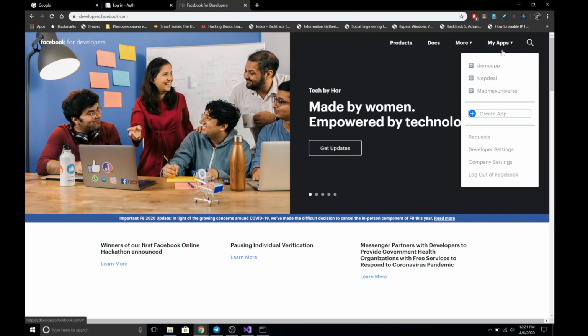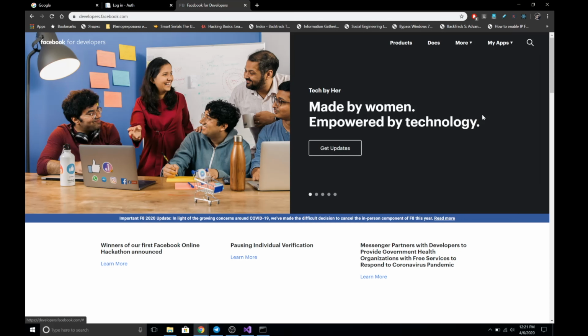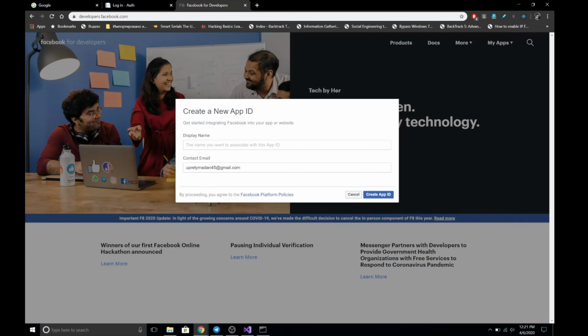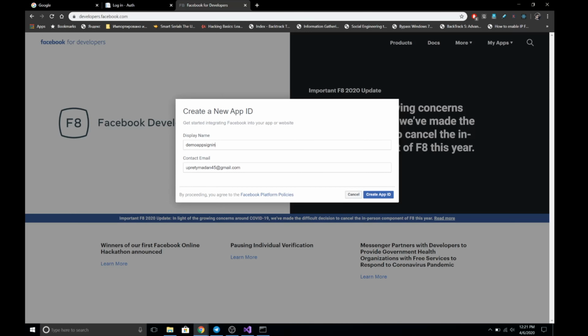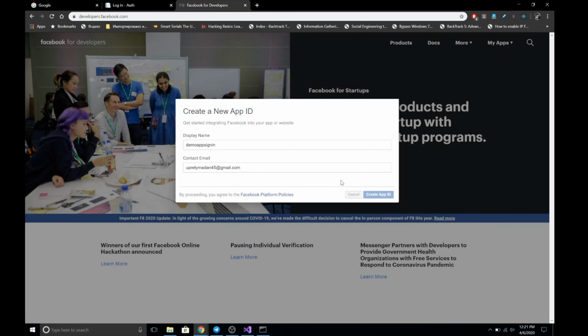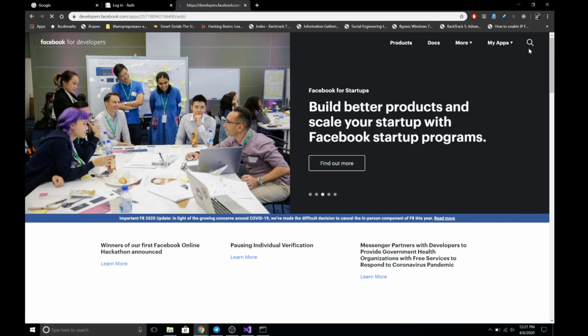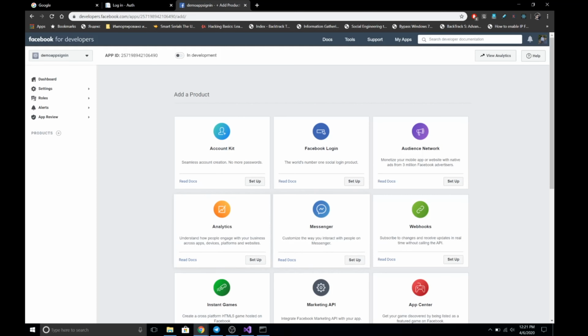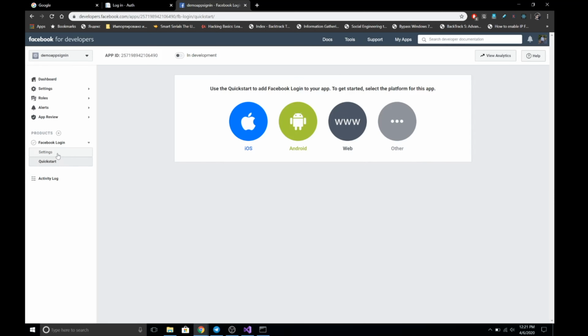Next we are going to create the application in Facebook to add Facebook authentication. So you can go over to developers.facebook.com and give the display name of your app there, and then click on create. And we just need to confirm that we are not a robot. Of course we are not. And from there we can use the Facebook login app and then click on setup. And from there we can go over to the Facebook login section and settings,